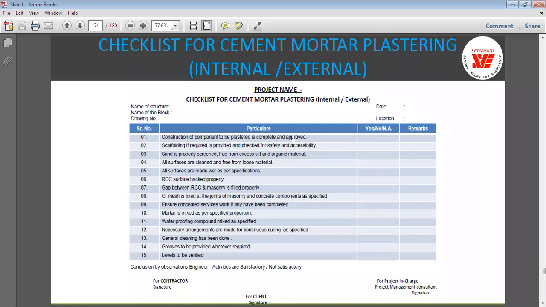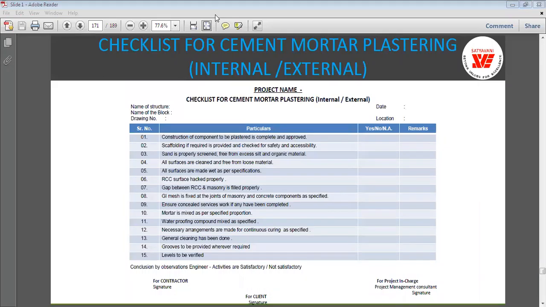Then whether scaffolding is required and is provided and checked for safety and accessibility. Whether scaffolding is required for the plastering work, yes, definitely. If you are working at a G+5 level, definitely you require scaffolding, which is secure and safe, which provides you maximum safety. So that you need to address.